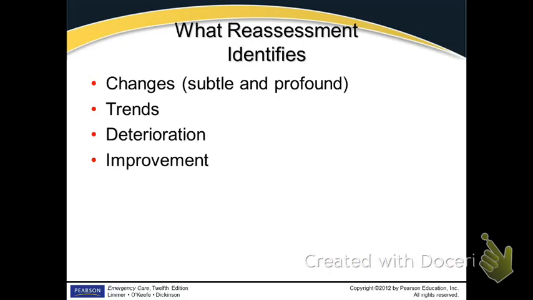They can either be subtle or profound, big changes or little changes. The little changes will eventually add up to big changes if we don't correct them. So that's why we want to look for the little things. Any sort of improvement is what we want, right? And when we look at improvement of what's wrong with the patient, that's the goal. We're always shooting towards